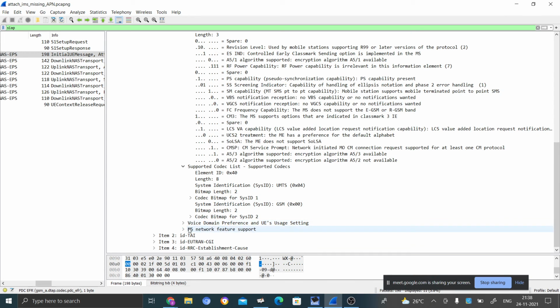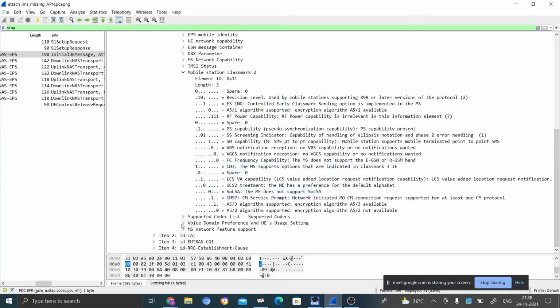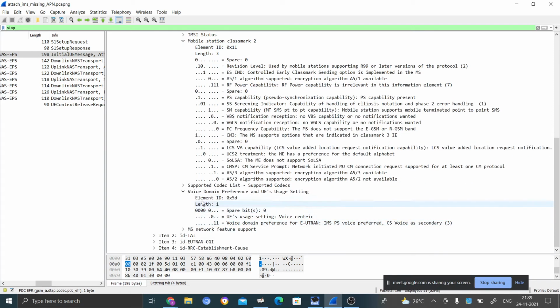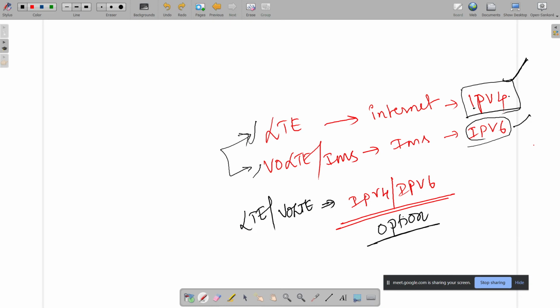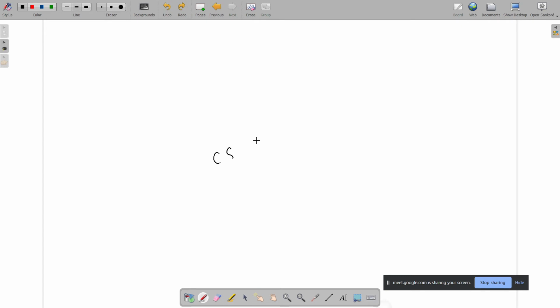Okay, then one important piece of information is whether this device has a voice domain preference, right? Voice domain preference means CS preferred or PS preferred.